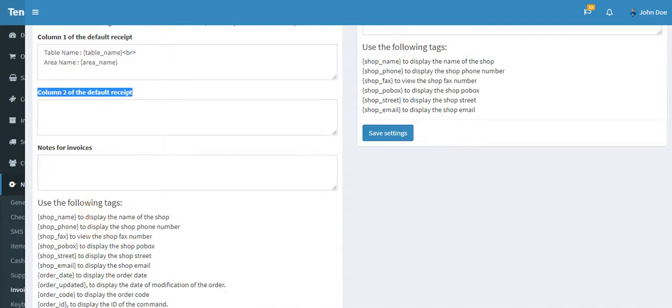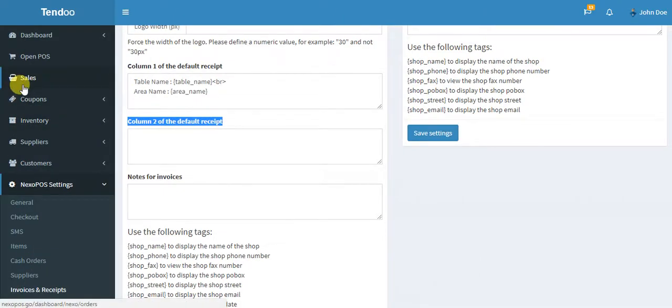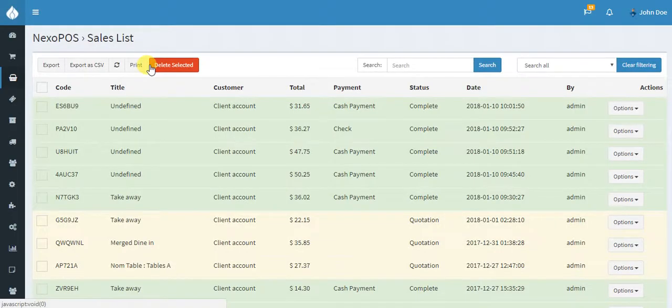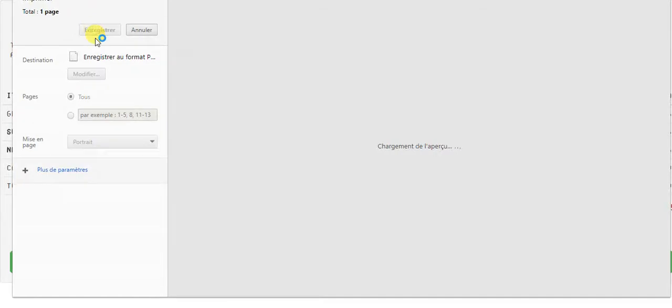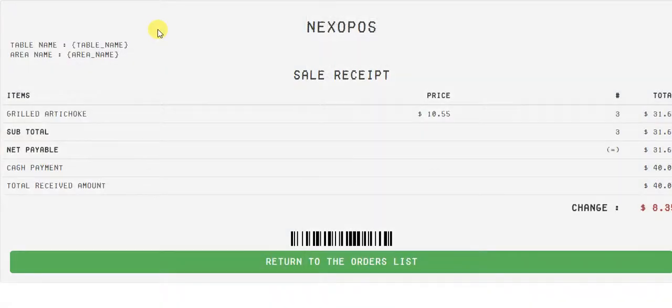Let me first show you what a receipt looks like on NexoPOS. We have a sale order here, and now I'll try to display a receipt. So we have a receipt here. We have this information, which is basically used only for Gastro, but Gastro is disabled, so that's